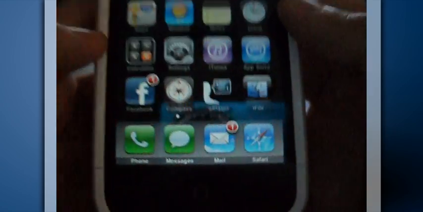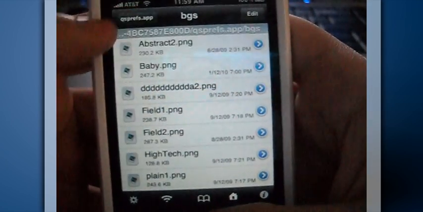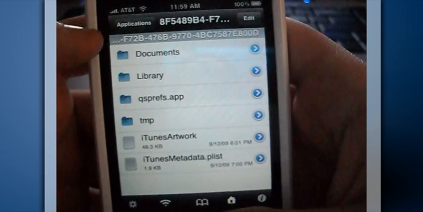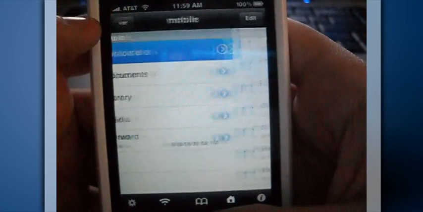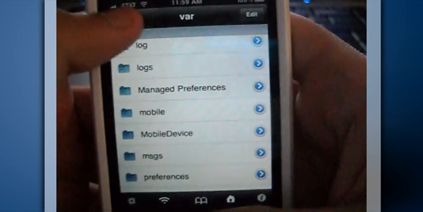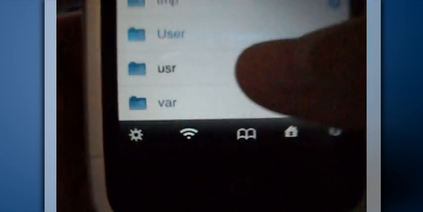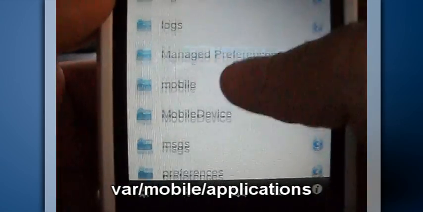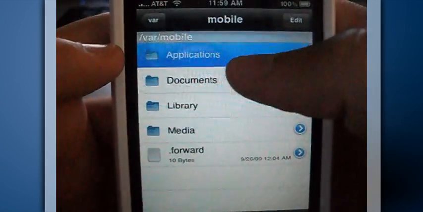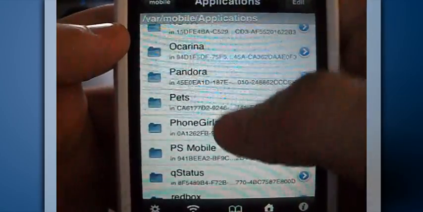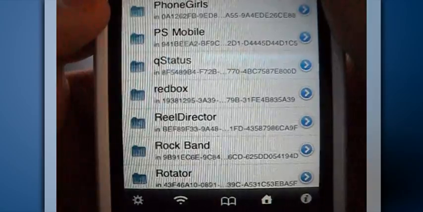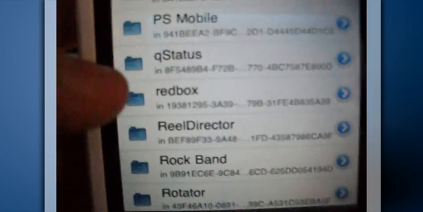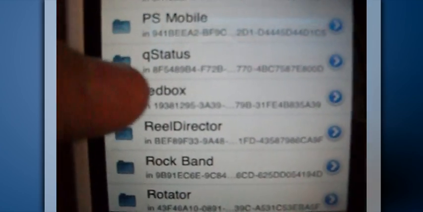So first on your phone, open iFile and navigate to var. You're gonna go to var right there, and then mobile, applications, and then you're gonna go all the way down to where you see qStatus. Then look for what it says under the app right there. It'll say